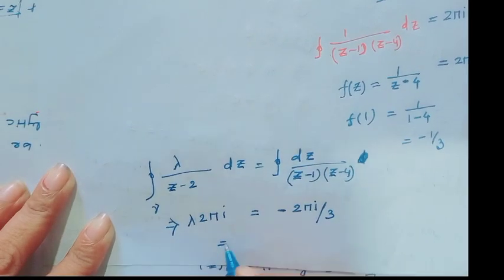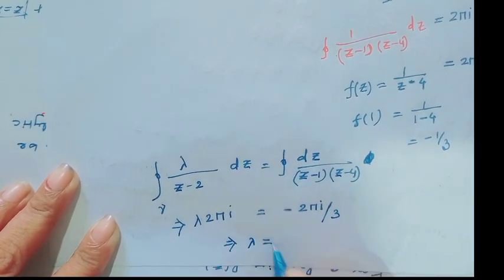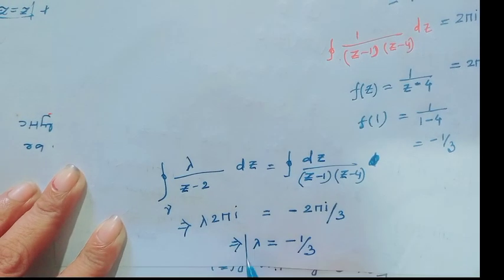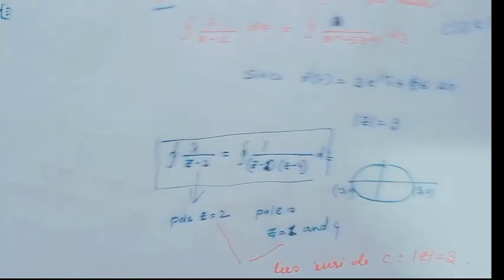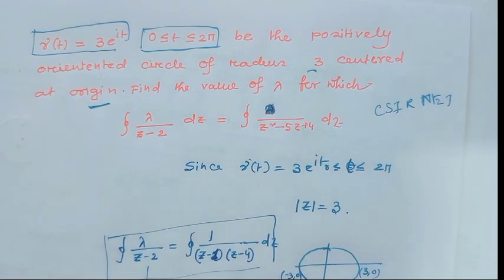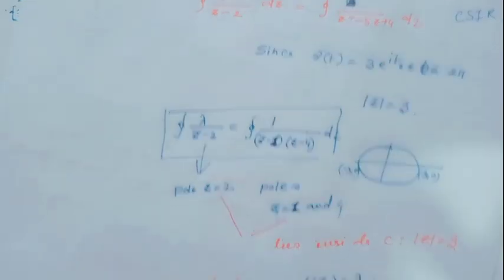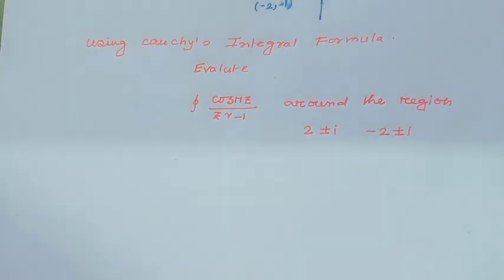So, the value of lambda equal to minus 1 over 3. This is the value of lambda. I hope all my viewers have understood this type of question. Okay? Next, using Cauchy's integral formula, evaluate the integration of cos pi z over z square minus 1 around the region